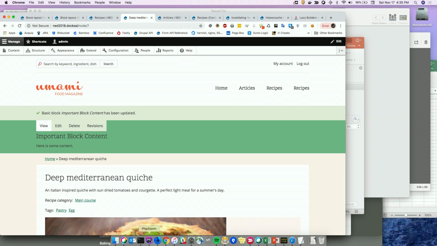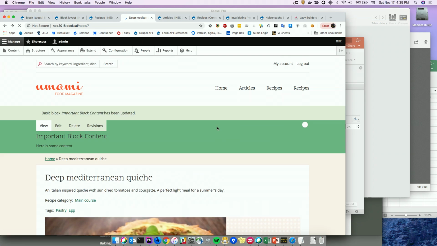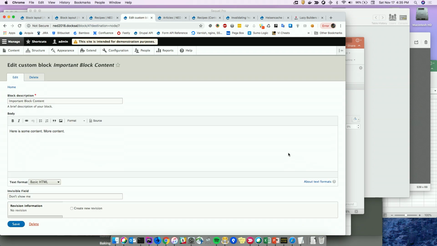So the use case here, I don't want to edit the note. The use case here is I've added a field to my custom block type that I don't want displaying on the front end. It's this invisible field. Maybe editors ask for some metadata that they just wanted to have on the back end for tracking this information. Maybe I'm using it in the back end to help sort blocks or something. I'm not sure what the reason is, but all I know is that on the front end, it's not supposed to display. So as a theme developer,